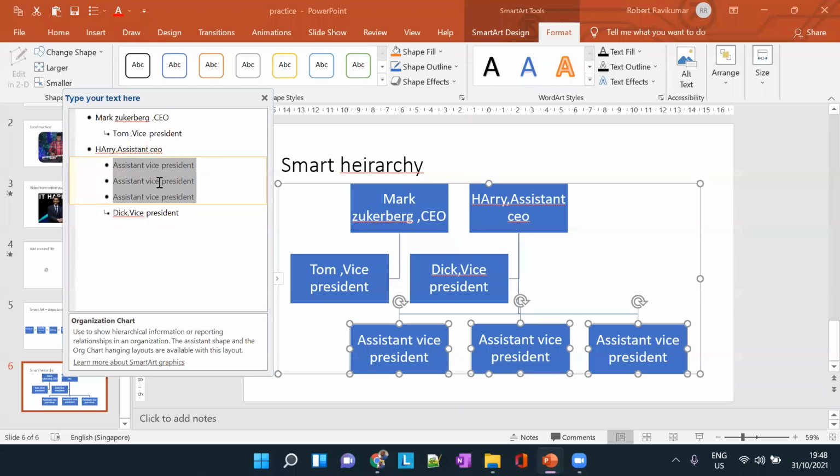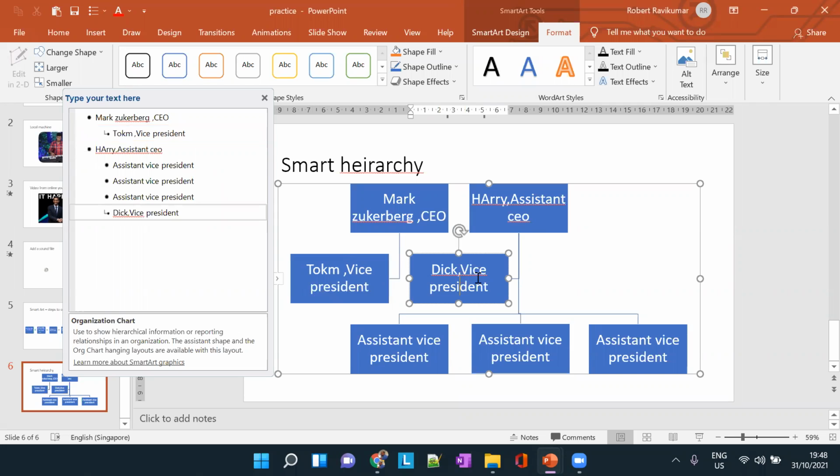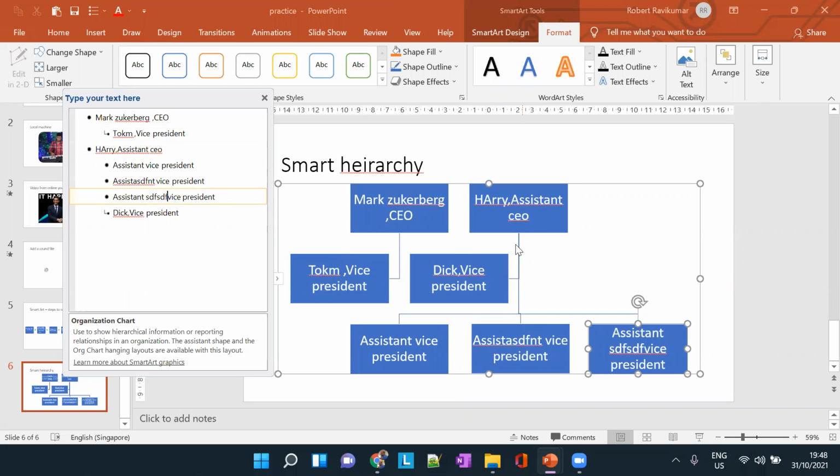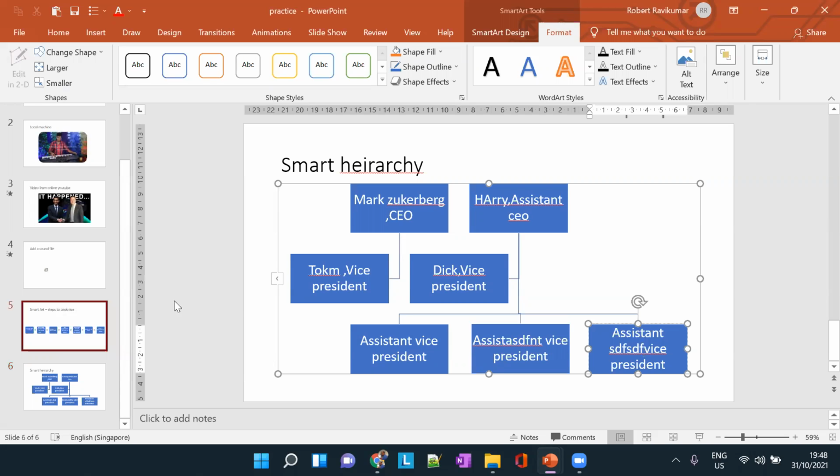So you can demote and promote members here, and also add or delete members directly. If you want to change a name, you can change it here directly also. Either you can do it from this menu, or you can change it from here. So that's the use of the task pane. Whenever there are more levels of hierarchies, you can use this task pane to easily edit those hierarchies. Okay, so this is the purpose of having a task pane.